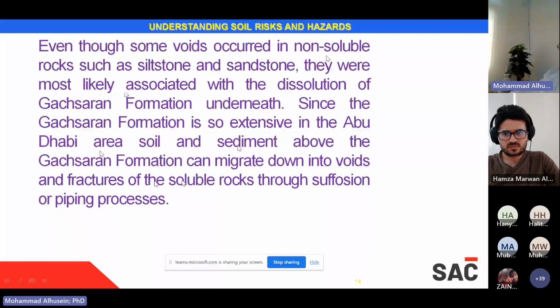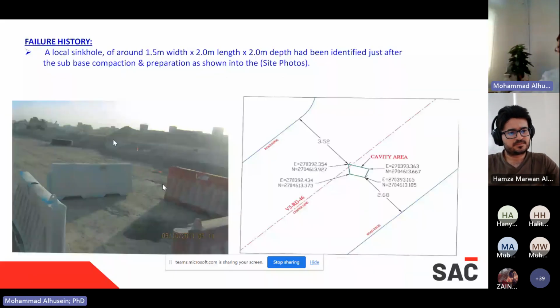Focus with me on this: the sediment above, meaning the above layer, can migrate down into voids and fractures of the soluble rocks through suffusion or piping processes. See this case study. During the construction of an internal road in an area in Abu Dhabi, the engineers encountered, for example, a